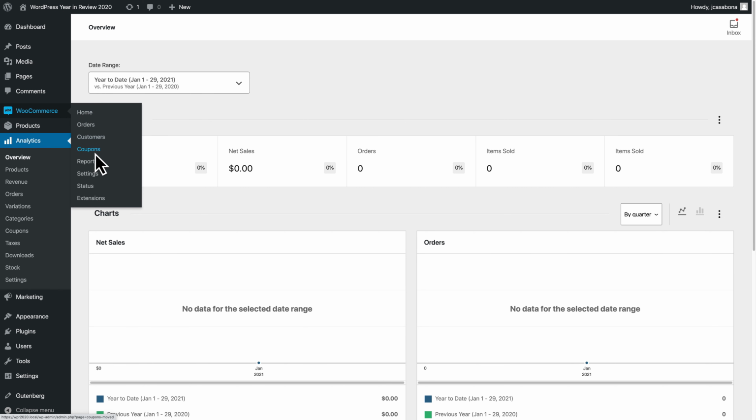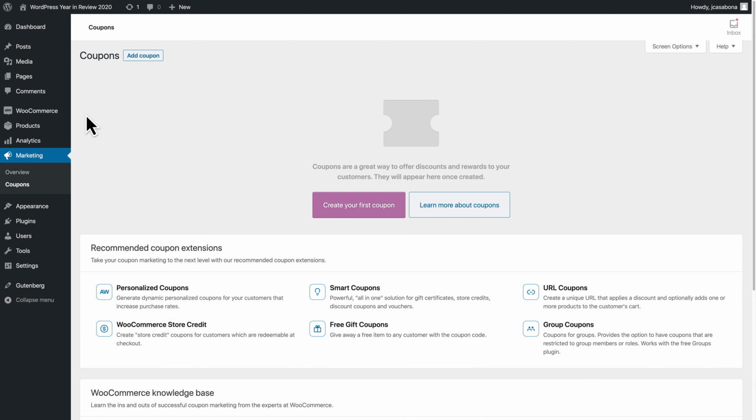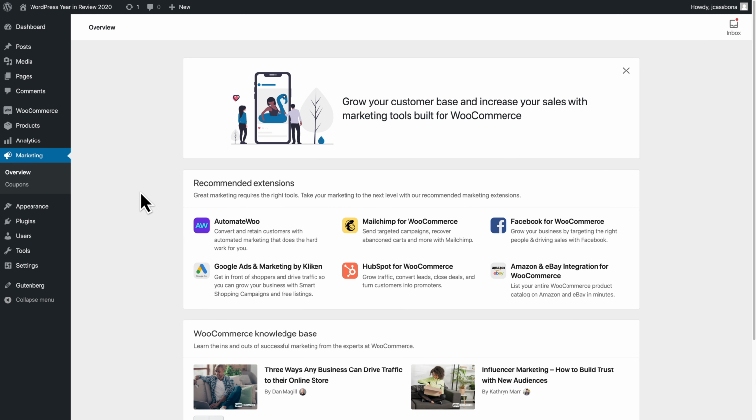Now, actually, this is interesting because coupons was something that moved under the marketing tab, and it still is. And you actually have to take that action to remove it. So now it's not here. That's very curious. So if we look at the marketing tab, now WooCommerce will tell you that this is marketing